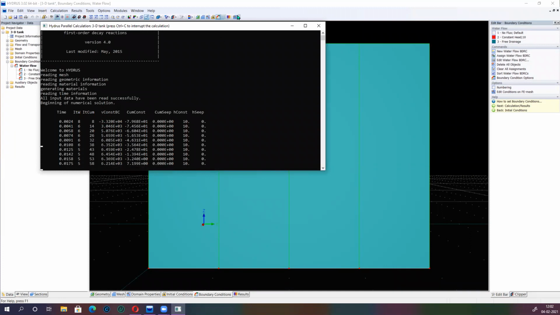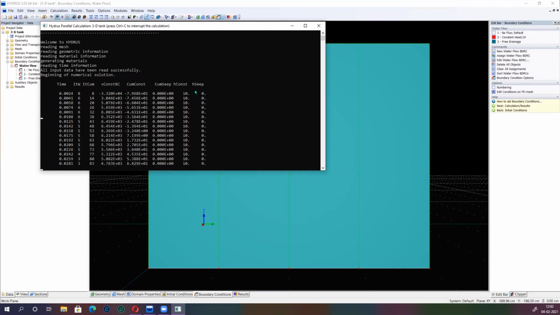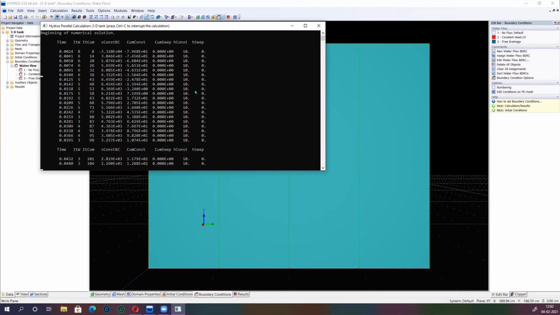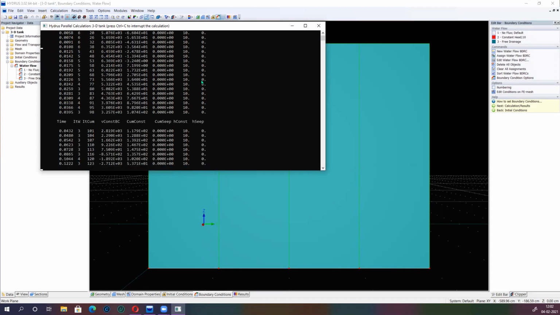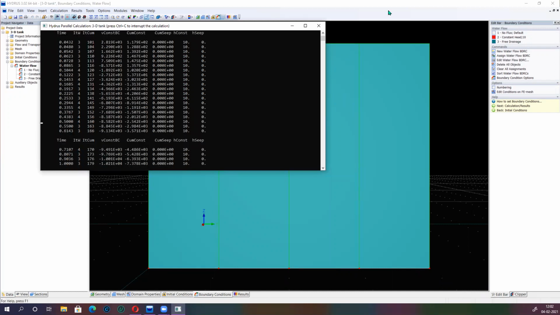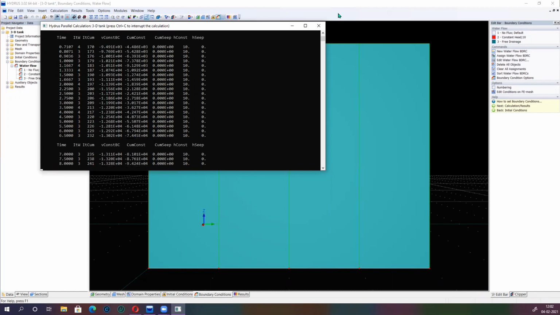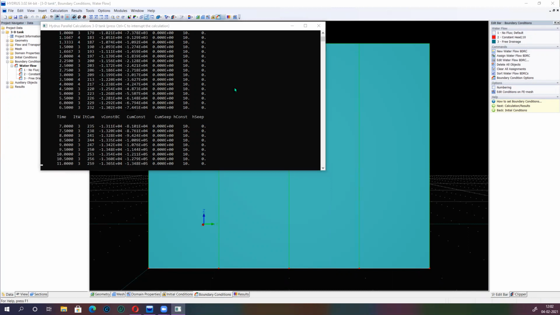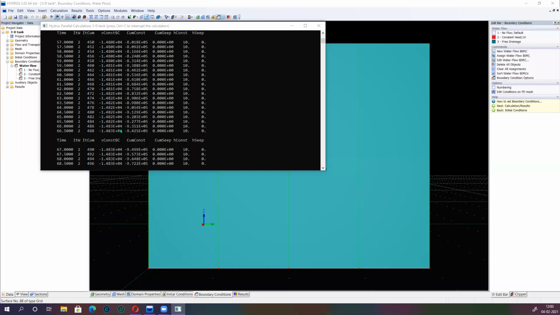Since I'm running this for 240 hours, this time will go to 240 hours. Of course, there are many elements, so the calculation is a little bit slow. You will require a parallel solver or a powerful computer to simulate a larger three-dimension medium. After uploading the previous video on YouTube, many of the students contacted me about how to simulate the three-dimension medium and how to generate the geometry, because those are the most important things to do. You will see that the calculations are going on.